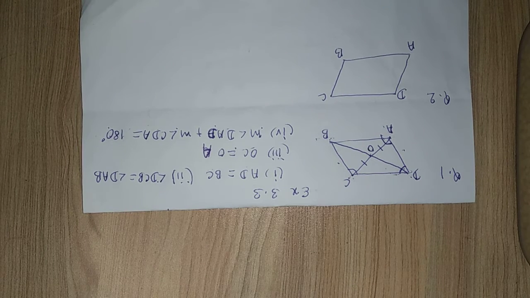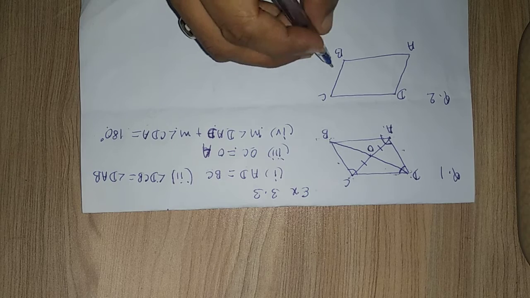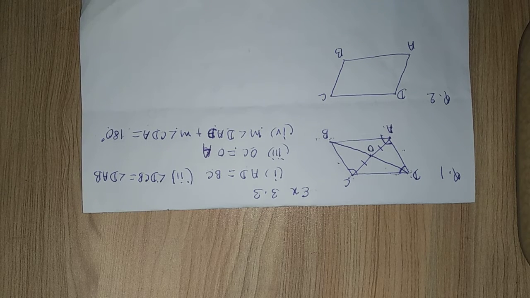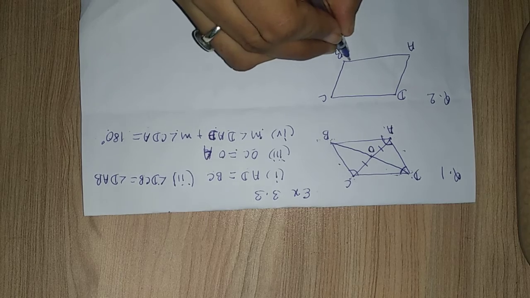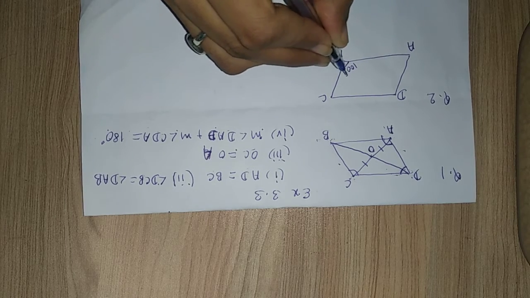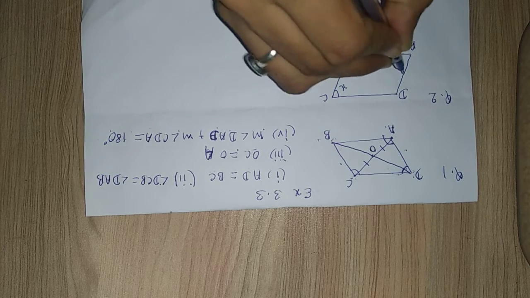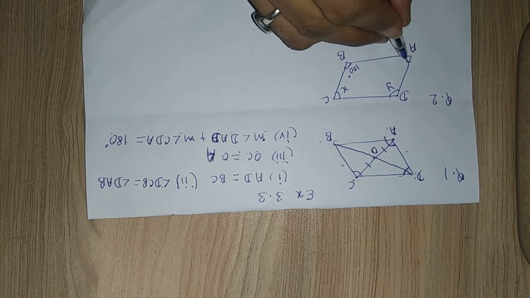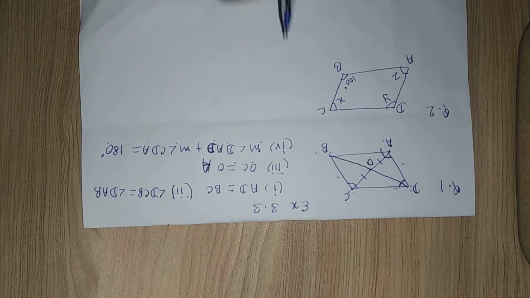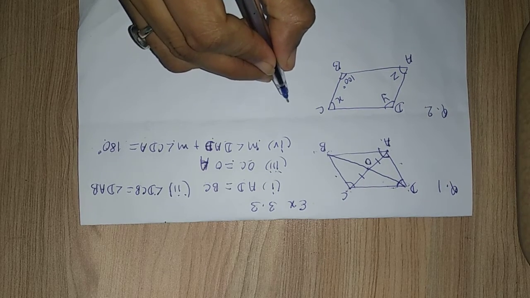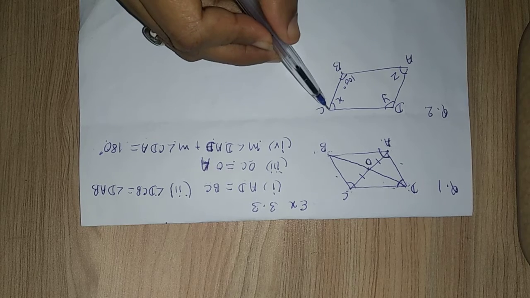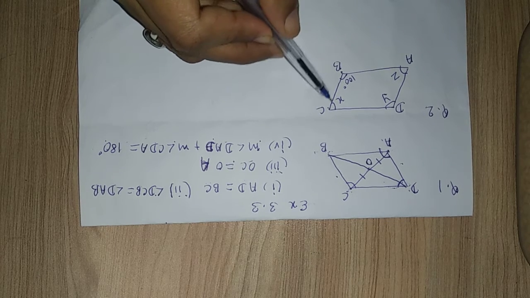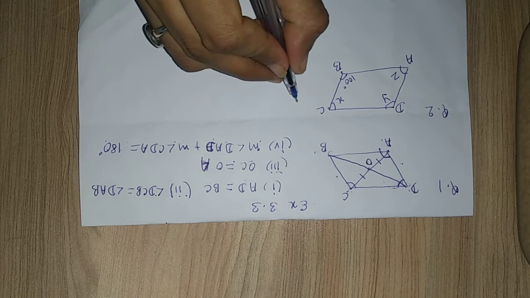Exercise 3.3, question number 2. Consider the following parallelogram. Find the values of unknowns x, y and z. In this question, ABCD is a parallelogram and the value of angle B is 100 degrees. We have to find the values of x, y and z. So we will use the properties of a parallelogram. Since in a parallelogram co-interior angles are supplementary, that means the sum of two co-interior angles is 180 degrees. So we will write here